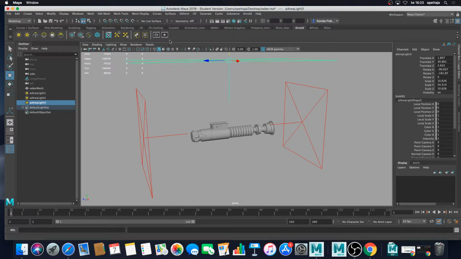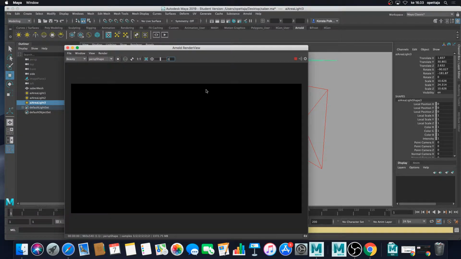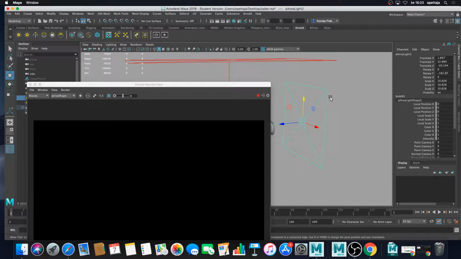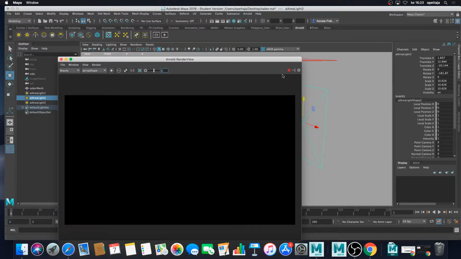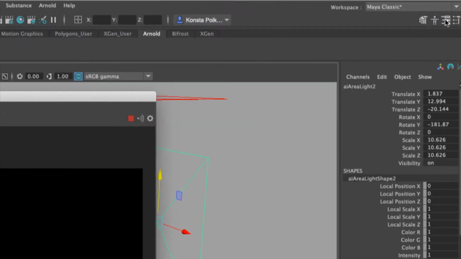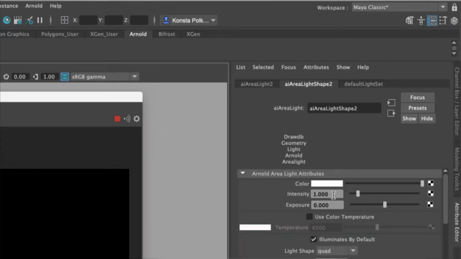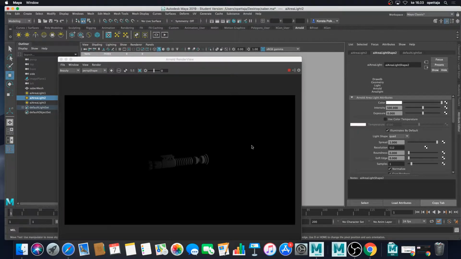and if I render it now, I'm not getting anything because the intensity of my lights is quite low. So I have to open the attribute editor, which is found here, this icon, and here is the intensity of my light. So I will be putting, maybe let's try 500 if we can see something. Yeah, 500 does something. Let's try even 1000,